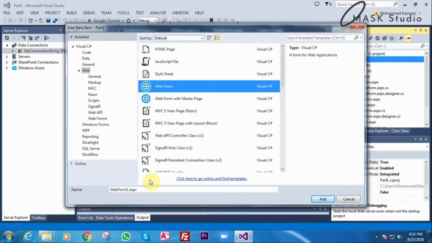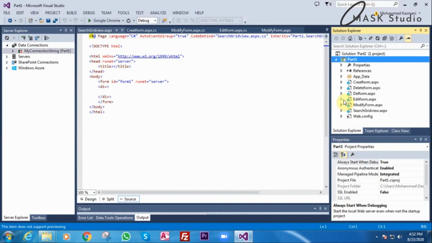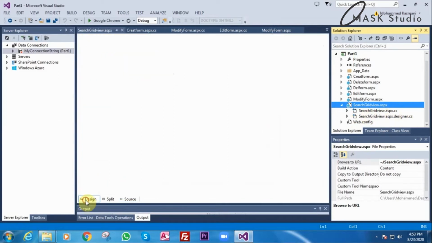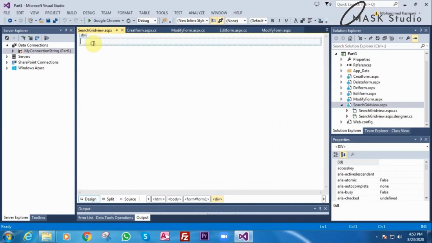I'll click web form, and I'll give the name here, grid search grid view. I say add. In the right hand side you can see search grid view.aspx and you have class and design. Now we are in the design form here.